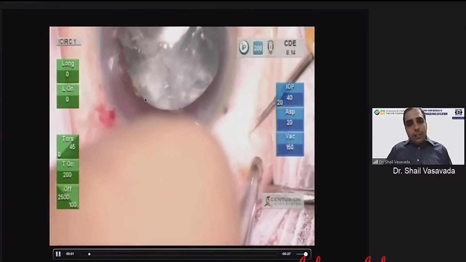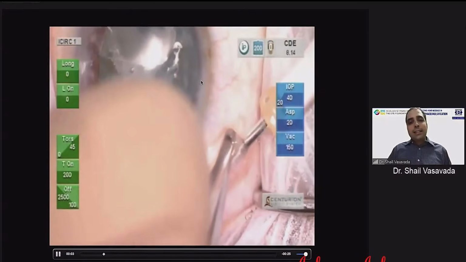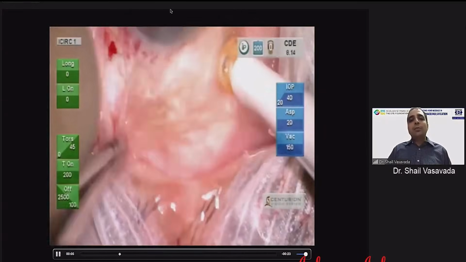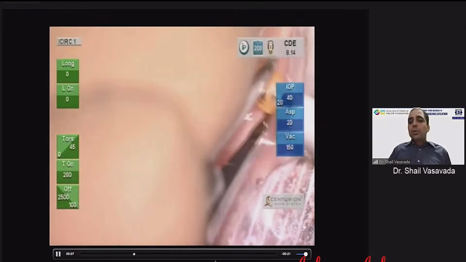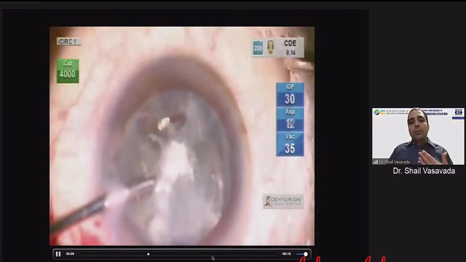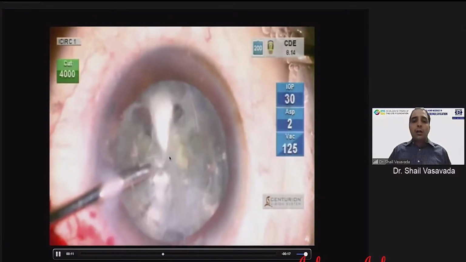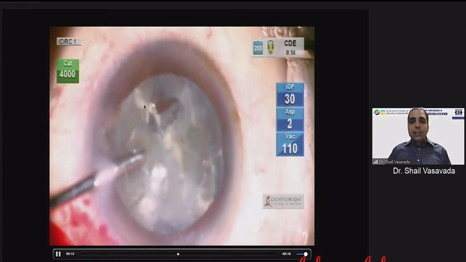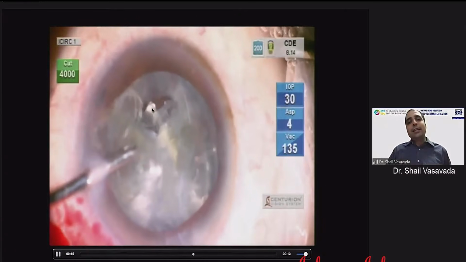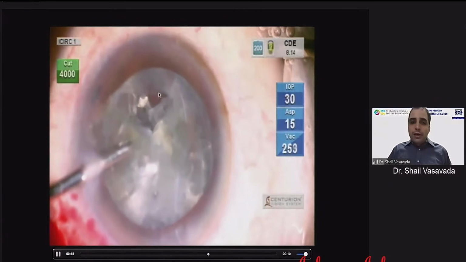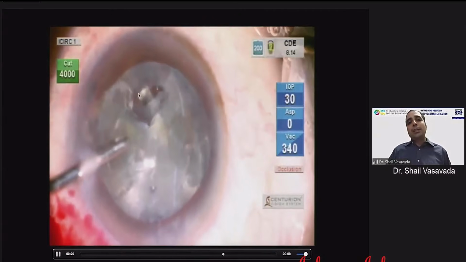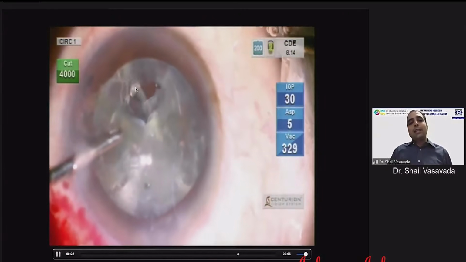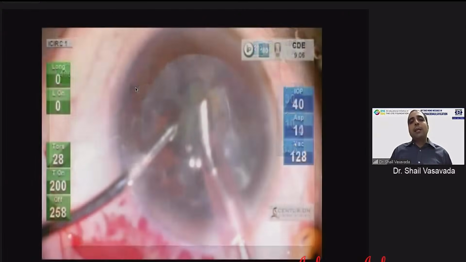Although three-quarters of the nucleus is still sitting in the bag, we have to attack and remove this vitreous before thinking about doing any scaffolding or removal of the fragment. And notice how beautifully, through that tear, this vitreous gets sucked in, and now we have severed the connections from the anterior and posterior compartment,